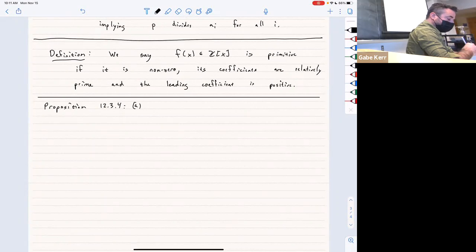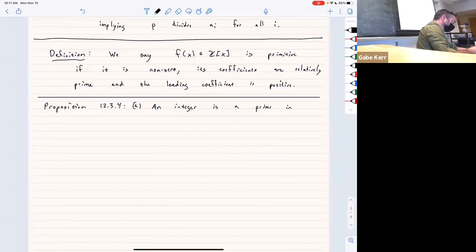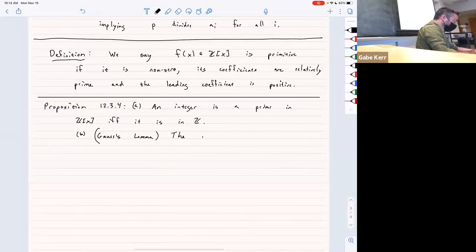A here is an integer, prime t of x. And then B is silly, but actually it's kind of the main point of Gauss: that the product of primitive polynomials